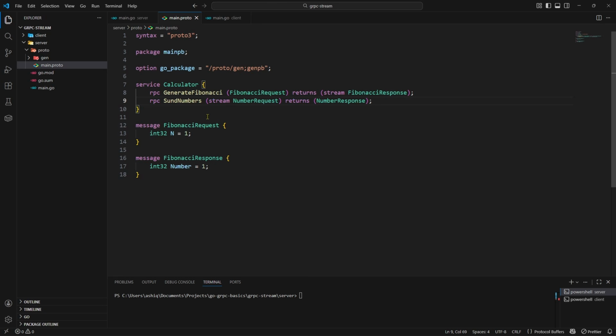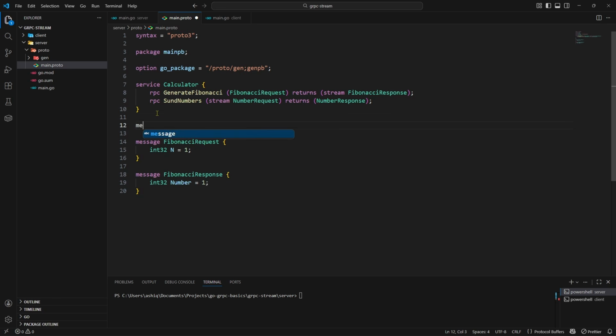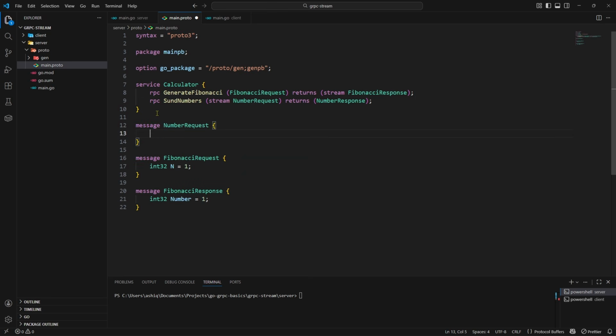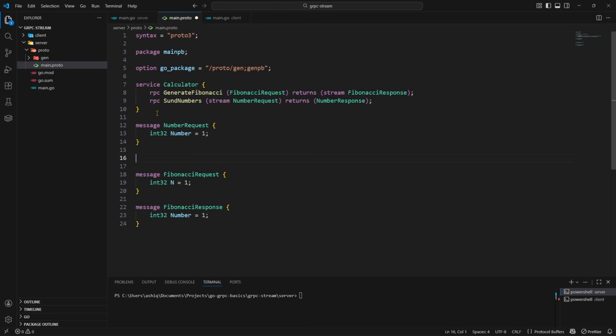Now let's create the messages for number request and number response. So message number request. The idea is the client is going to send int32 numbers. So a number, and I'll give it a field number of 1 because it's a new message struct, or new message, you could say. And then another message for the number response